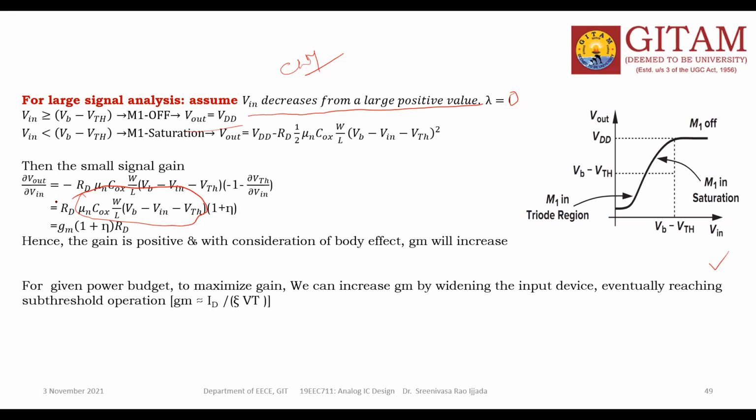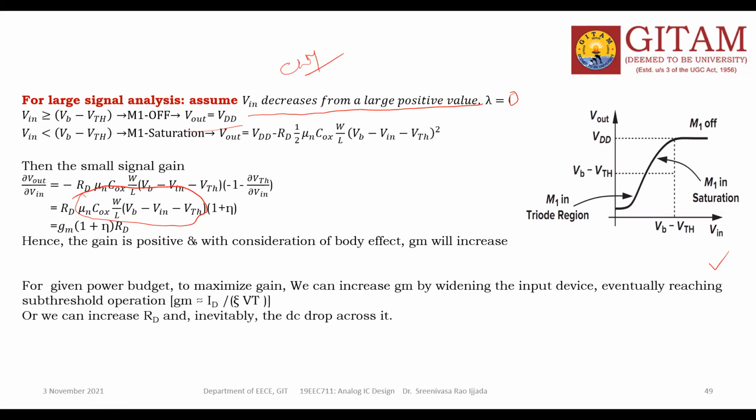So this is the subthreshold operation, and this voltage is the subthreshold voltage. What is the meaning of subthreshold operation? Whenever your device is working with a voltage less than the threshold voltage, you can say this is the subthreshold region of operation. Generally we think the device is off, but it is carrying some amount of current. So if you do that, your device will fall into subthreshold operation.